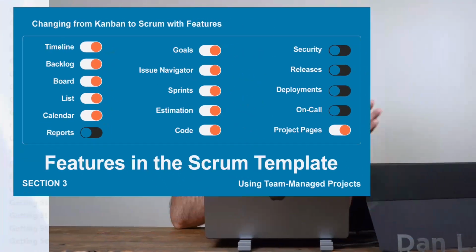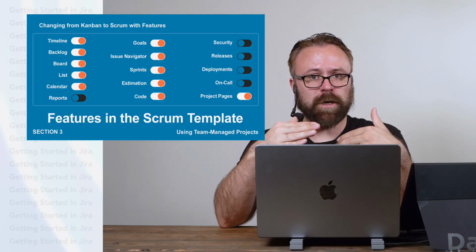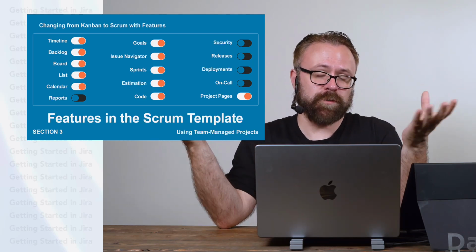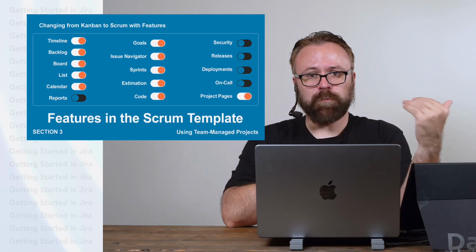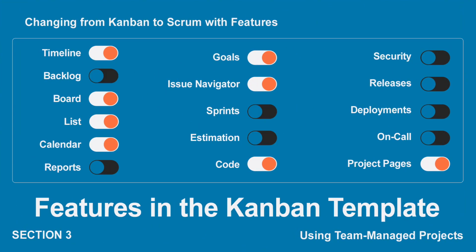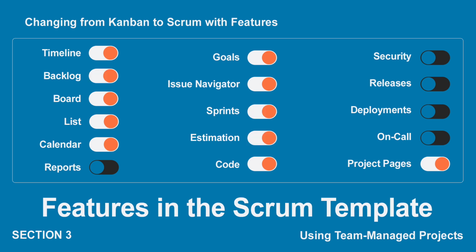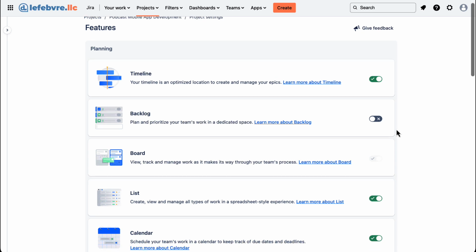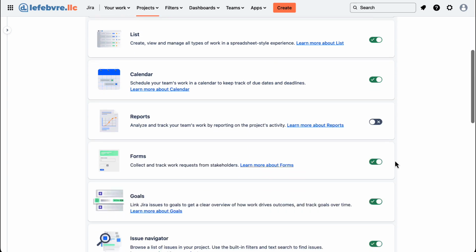Now, if you remember from our last section, when we learned about the differences between Kanban and Scrum, we learned that primarily the differences are sprints. So if we picked a Scrum template and wanted to convert that to a Kanban template, basically we could just toggle off the features to do that. In our case, though, we're doing it the other way since we created a Kanban template first. So basically that means there are 3 features for us to turn on. The backlog here, and then scroll down to sprints